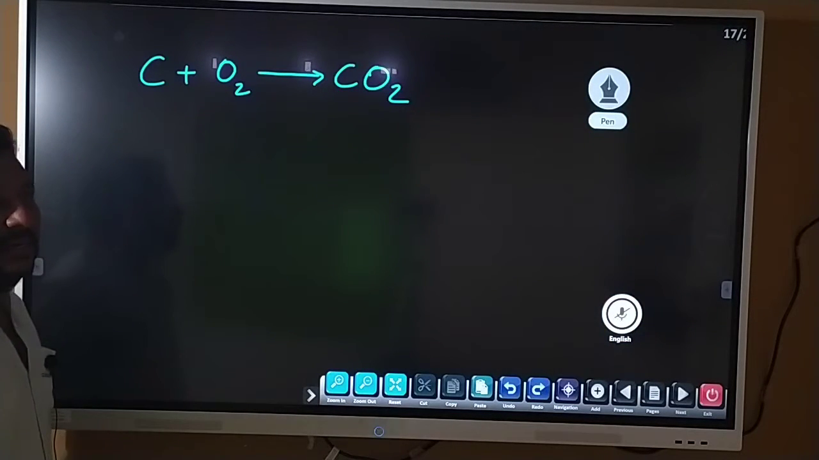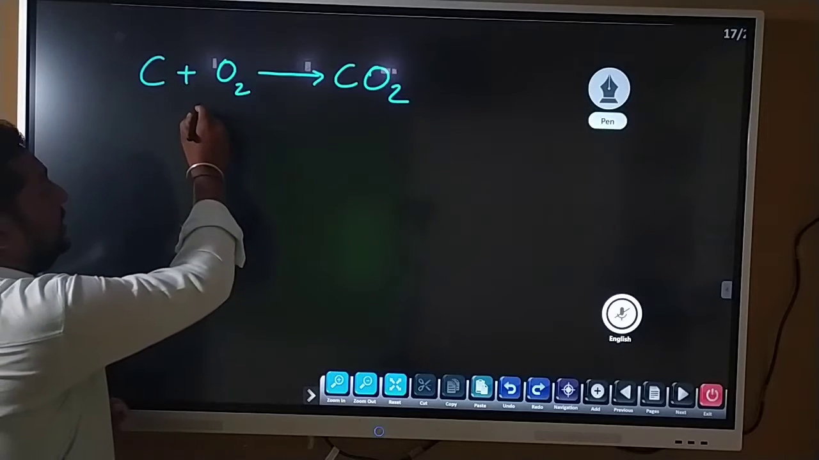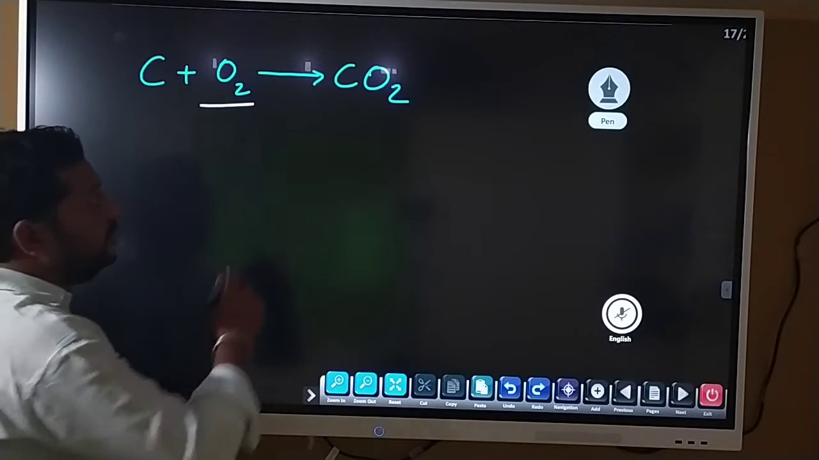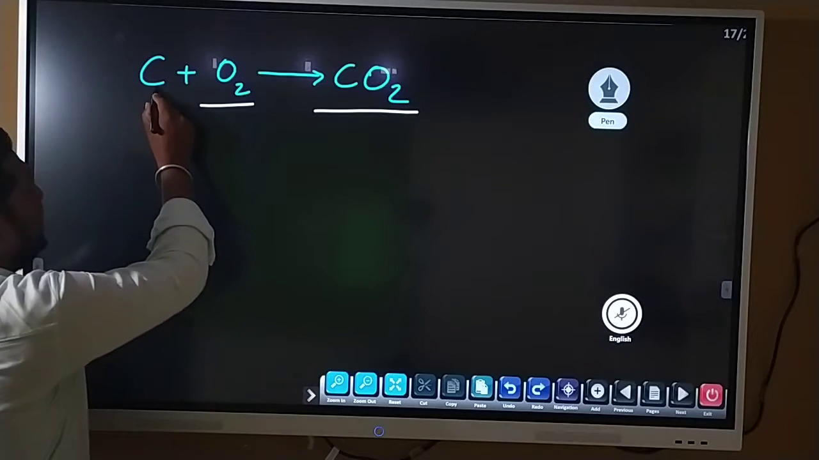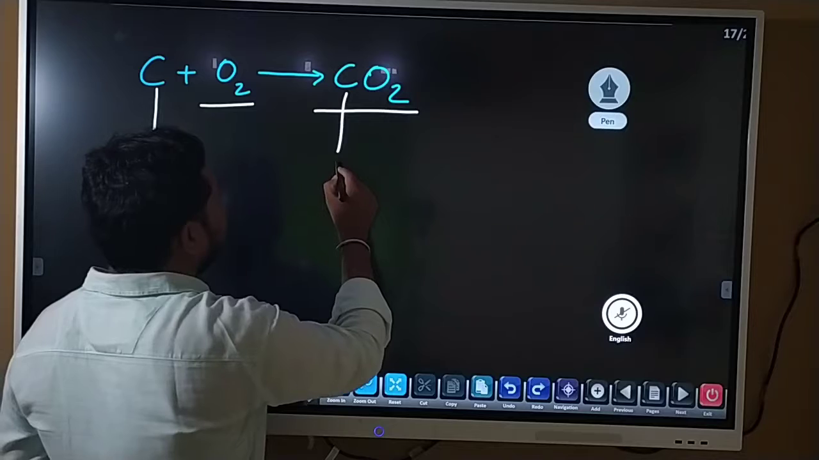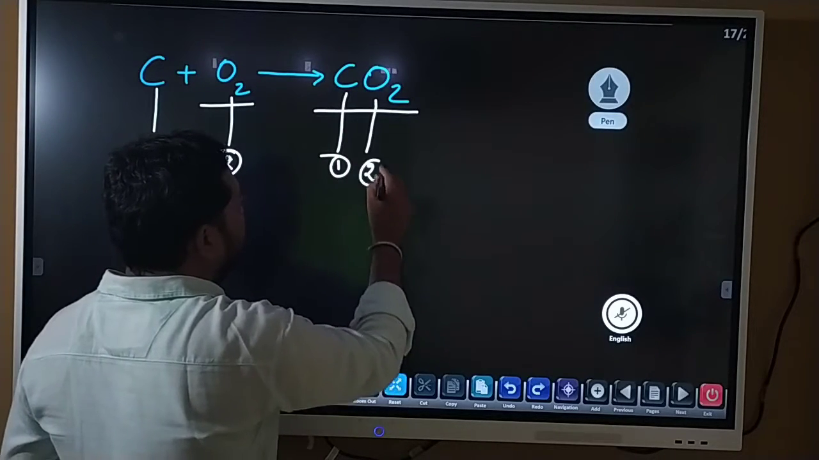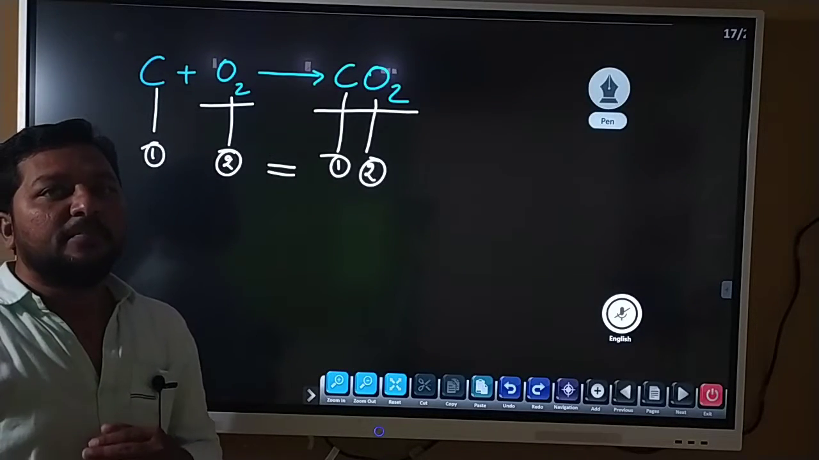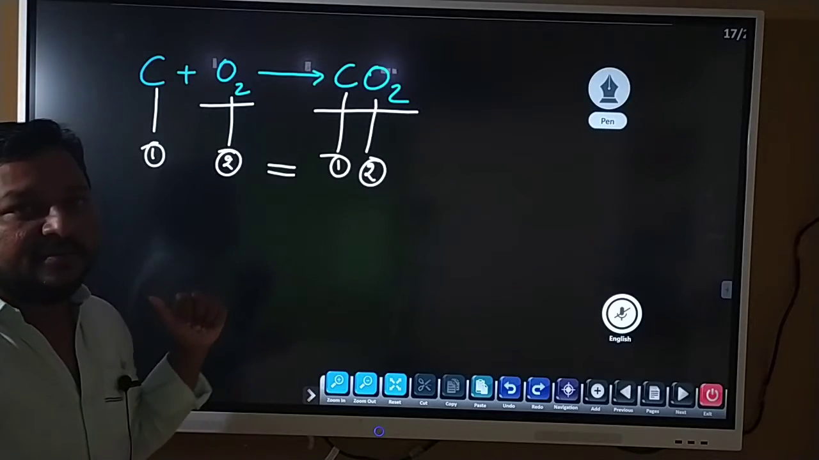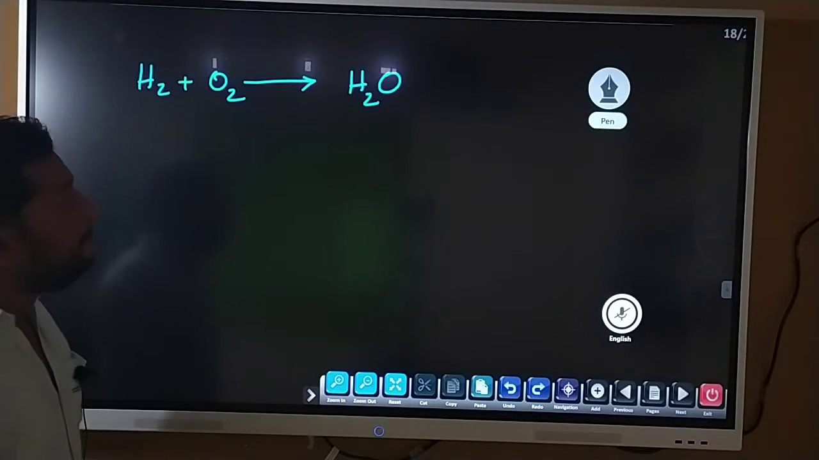So there is another example: coke or anything which has carbon content is burned in the presence of oxygen, and it releases carbon dioxide gas. Now here carbon is 1 in number, again here it is 1 in number, oxygen is 2 atoms, here it is 2 atoms. That means both sides have equal mass. That's why it is balanced. No need to balance again. So next,